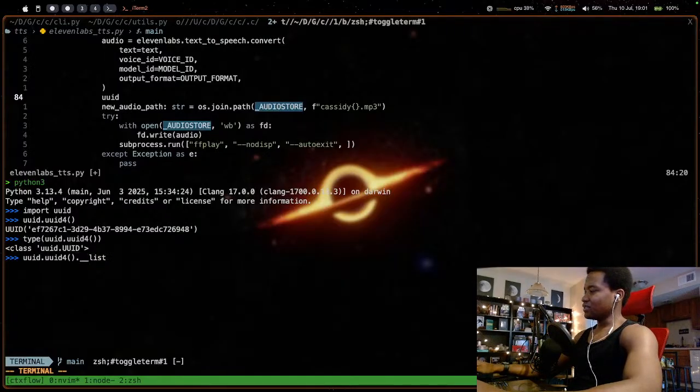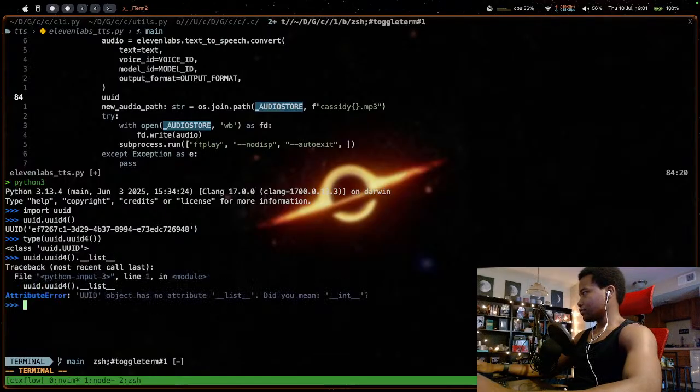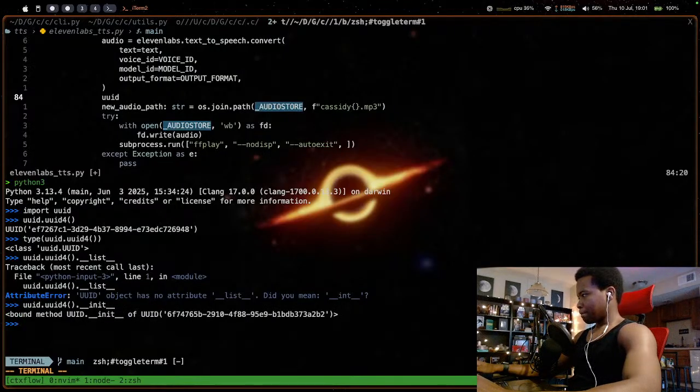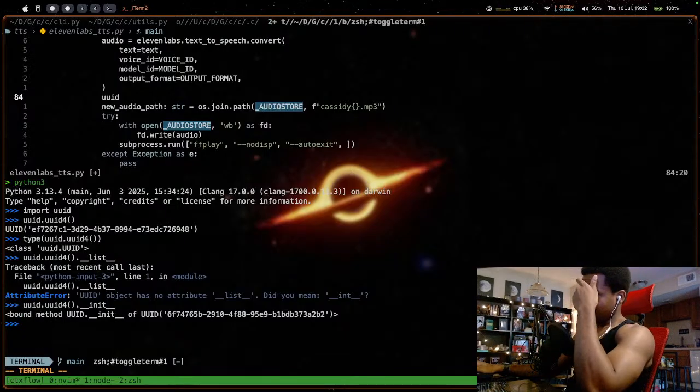List? I forgot. I don't think that's it. I think it's uuid.uuid4 dot underscore init underscore. I think it's what we want. UUID init of